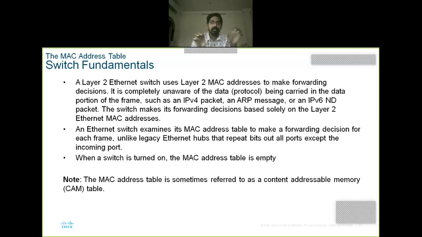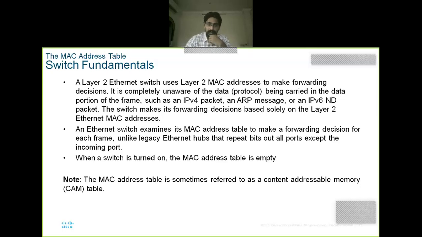I already showed you the switch physical architecture, which contains different ports, port number 1, port number 2, port number 3, like that. So whenever an end device is connected to a particular port, for example port number 10, whenever a connection is established, the link is up, and the switch immediately takes the MAC address of the connected device and stores that MAC address in the MAC address table against port number 10, right? Like that, the switch maintains the MAC address entries.